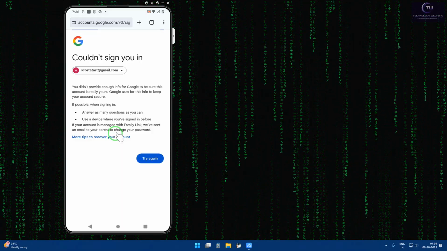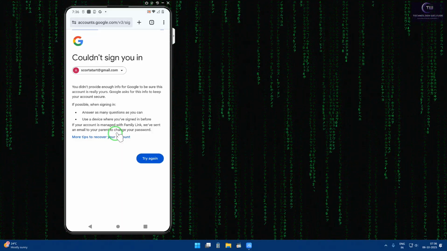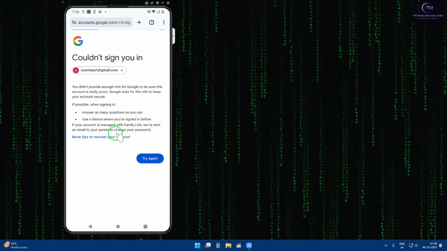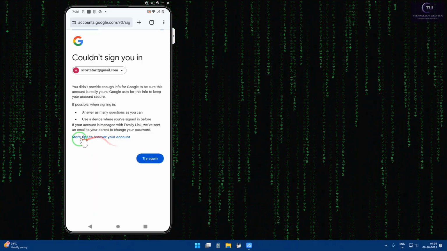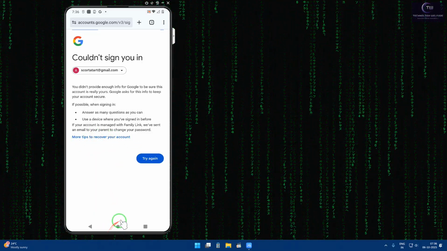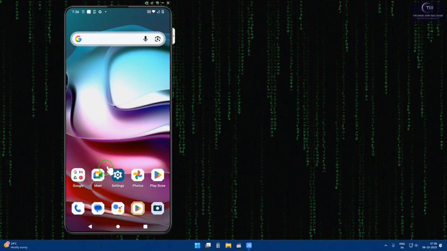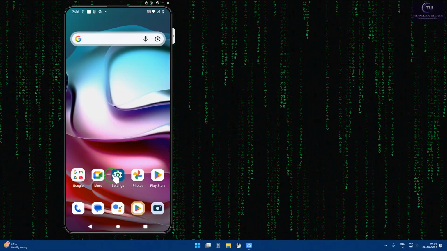And then we have the option to send emails to the parents to change your password, which we don't have, so don't click on anything here. Don't click on any options. There are more tips for the rest of this account, but we will take these options as an opportunity by tapping on